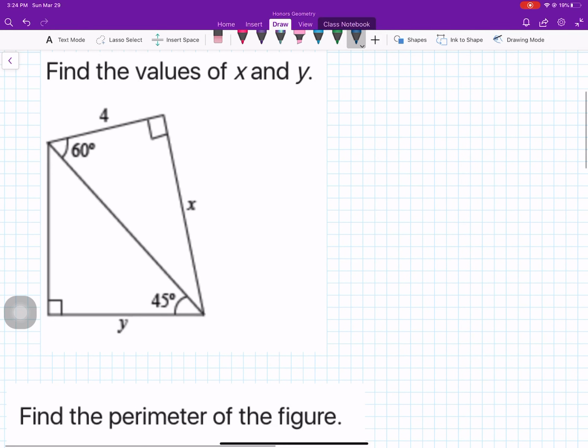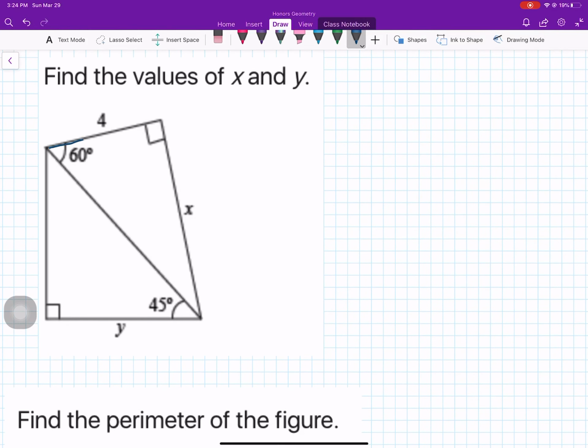This one says find the values of x and y. So if you notice here, you have a 30, 60, 90 triangle that I'm highlighting in blue right now. And then over here, you have a 45, 45, 90 triangle that I'm labeling pink. Now, there are no numbers in the 45, 45, 90 triangle. We just have y, which tells me that I really need to start over here in the 30, 60, 90